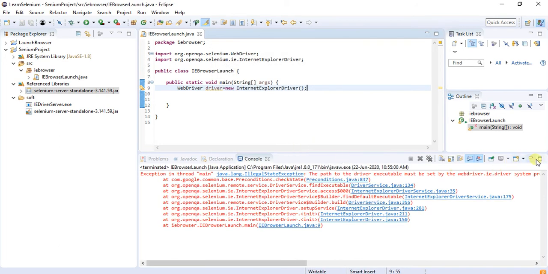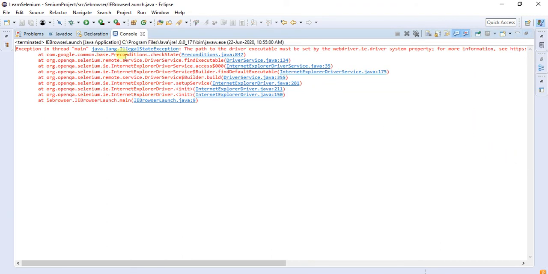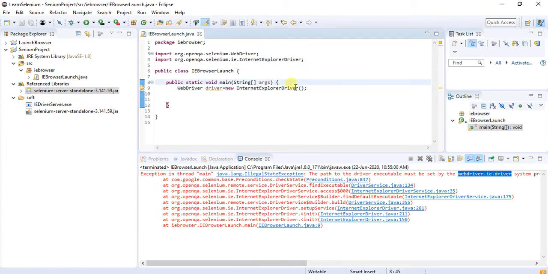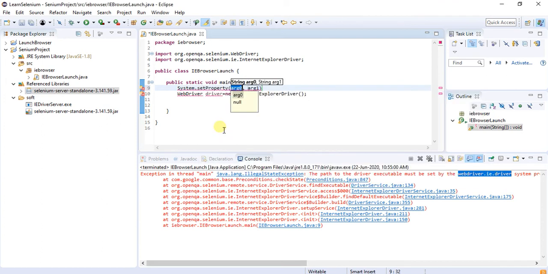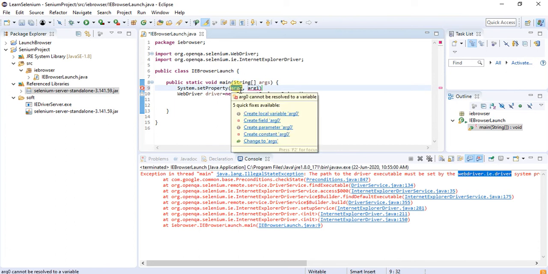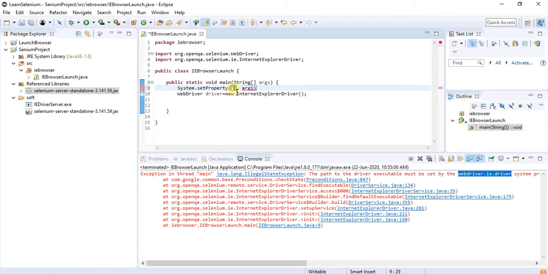Now you will find the exception called java.lang.IllegalStateException. That is asking where your driver executable file is located. So I am going to copy this key. I'll show you that. We need to set the path of the driver. So you have to take the option called set property. There are two arguments it is asking, key and value pair. Add the key.